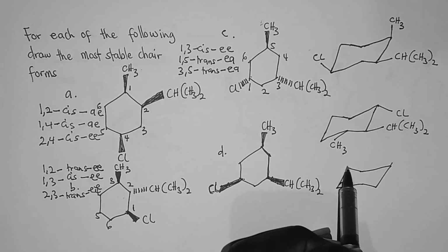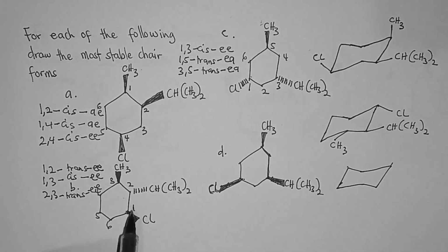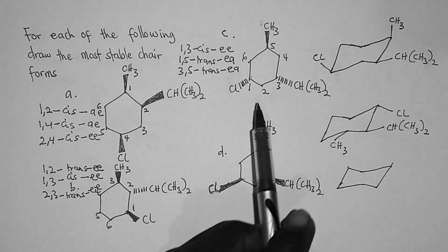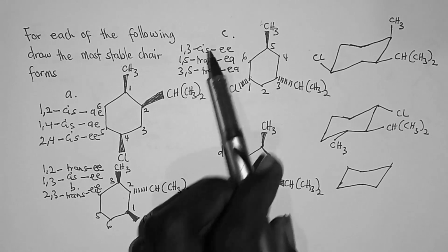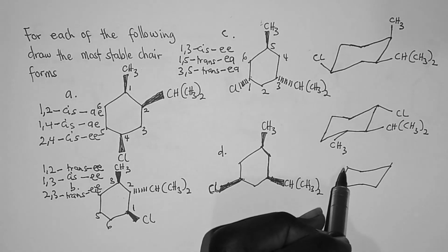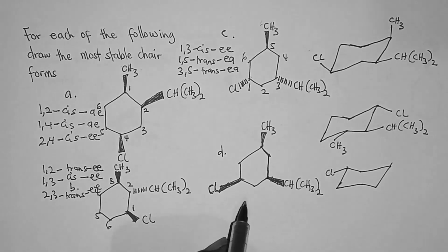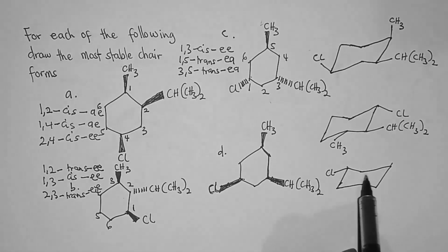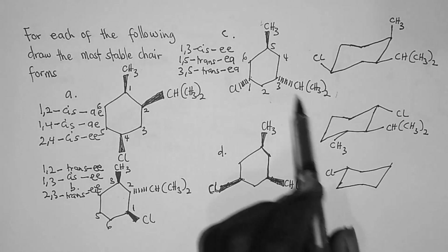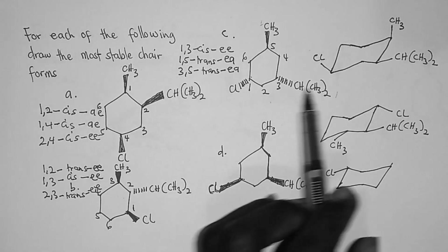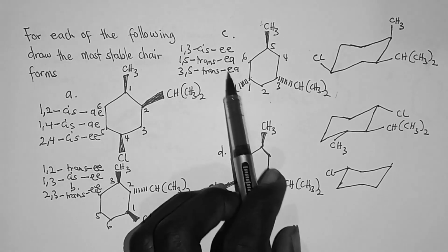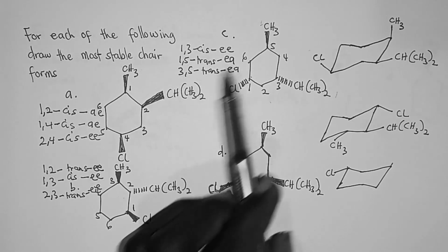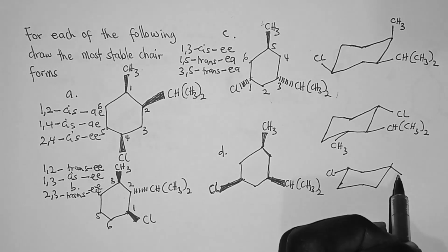So for this one, I'm starting here as carbon number 1. And carbon number 1 had chlorine on it as its substituent. And we said that must be in the equatorial position. So let's put this chlorine in an equatorial position. So chlorine is here. And then carbon number 3, which is 1, 2, 3, is the isopropyl group. And then we said that the isopropyl must also be in an equatorial position, which is carbon number 3. It must be an E. So we must draw this in an equatorial position, which is